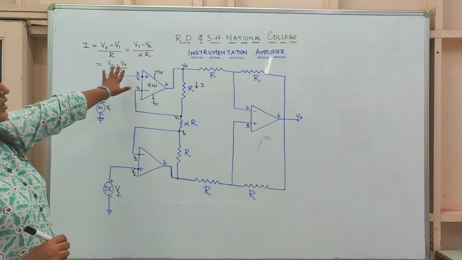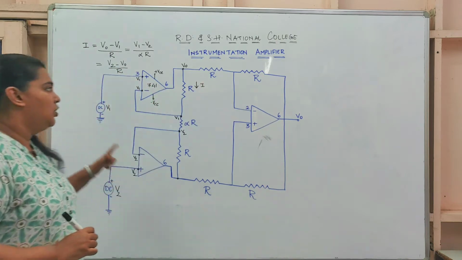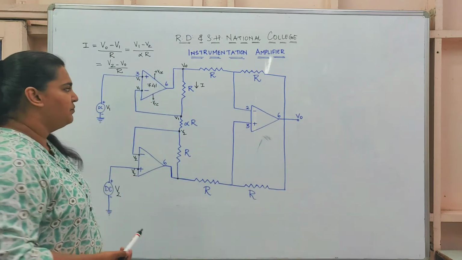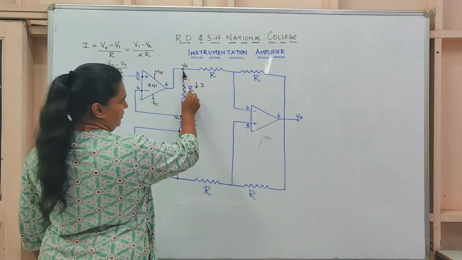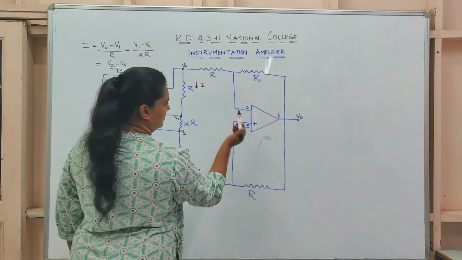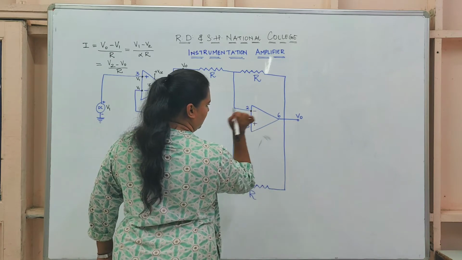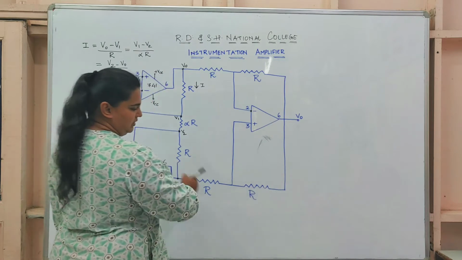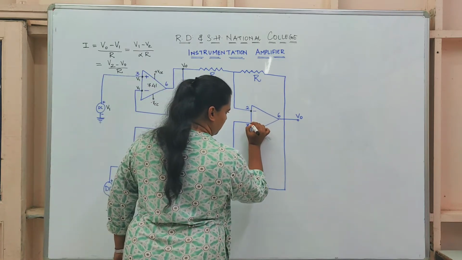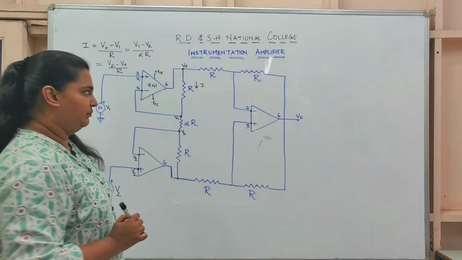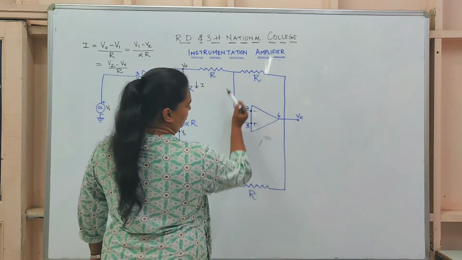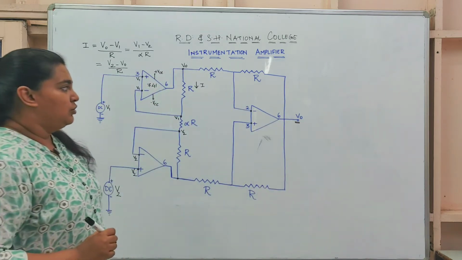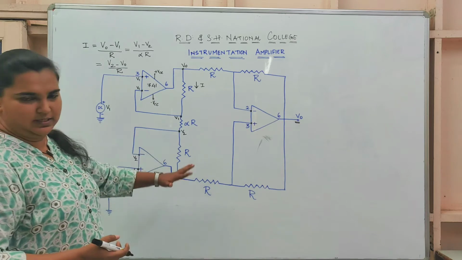Now coming to how does instrumentation amplifier work. So what happens is each of these is held at equal resistance R. The output from here passes through this voltage divider and is acting as an input terminal to the inverting end of the third op-amp. Similarly, the output here passes through this voltage divider and is an input terminal to your non-inverting op-amp. And then the functionality of these two across these will give you an output Vout. So there are various ways in which we can work.